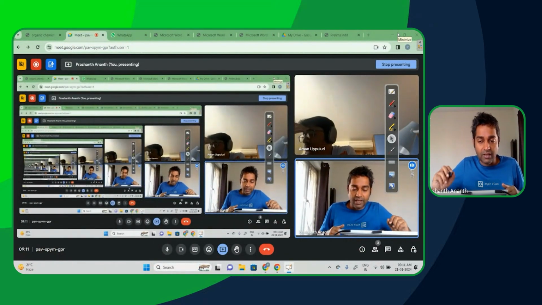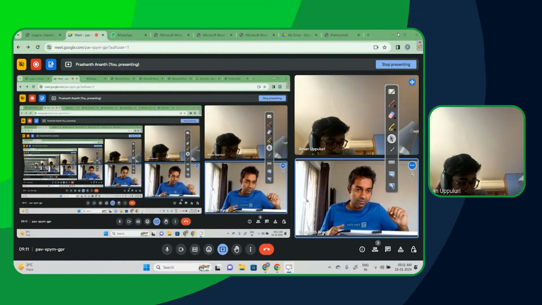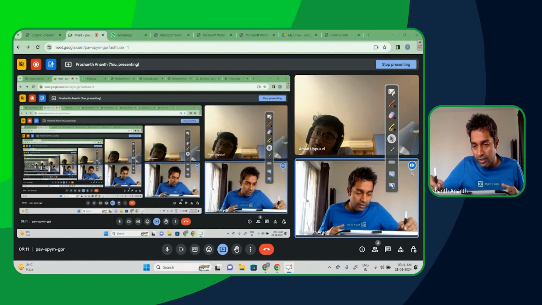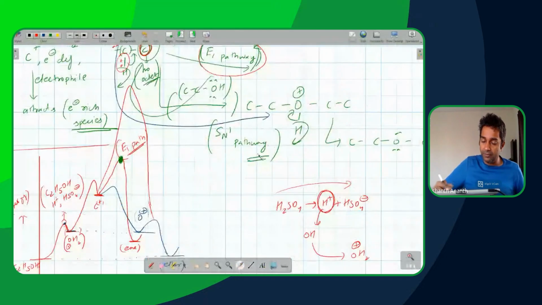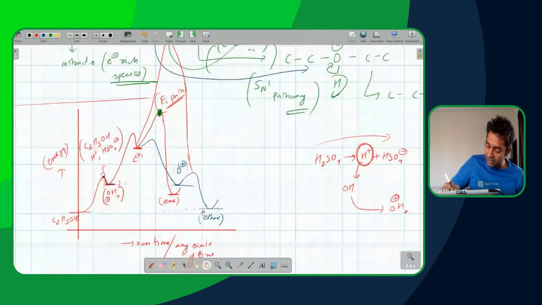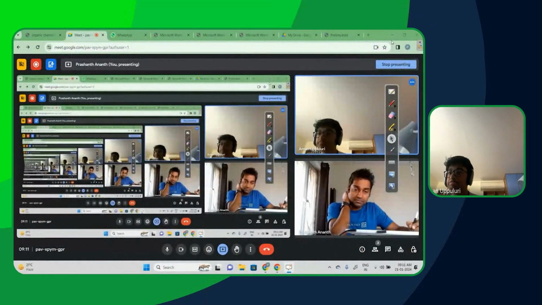That species is already much more stable. So the path for that is going to be higher. And if the path is going to be tougher, less walked on, the probability of that happening decreases dramatically. So in this particular case, this is basically going to be your three paths. Among these three paths, as you can clearly see, the SN1 pathway is the most stable. That is the easiest to do.